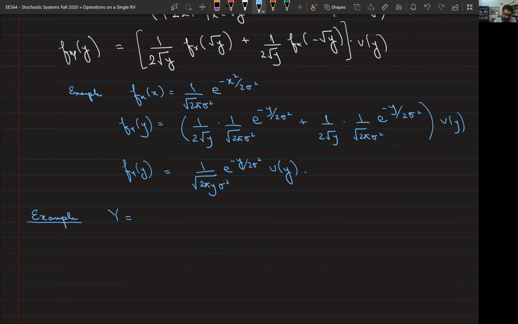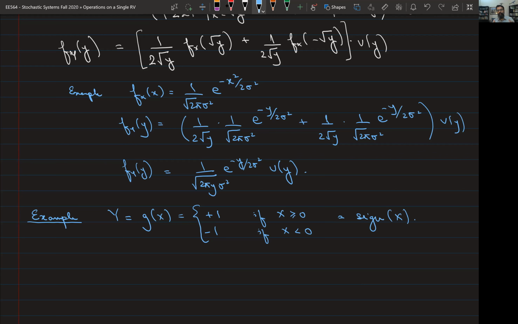Y equals g of x, and this is plus 1 if x is greater than or equal to 0 and is equal to minus 1 if x is less than 0. Okay? Which is actually nothing but the sine function, by the way, right? So this is equal to sine of x,